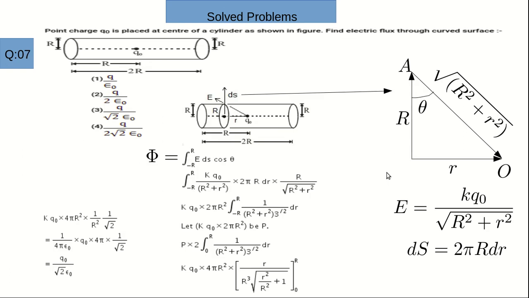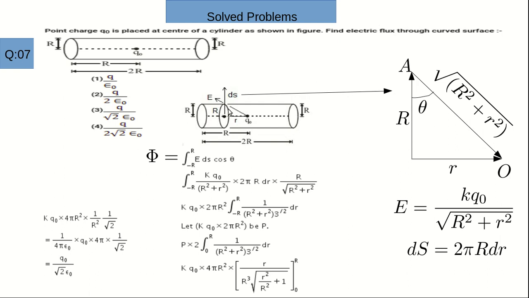So let's look at this last third example. Here we have a charge q which is placed at the center of the cylinder, shown in the figure. The cylinder has radius r, and the charge is placed at this point q naught, and we need to find the electric flux through the curved surface. So what we need to do is consider